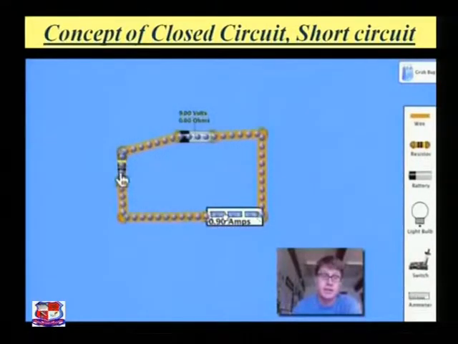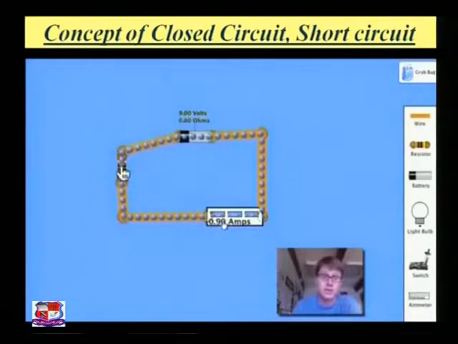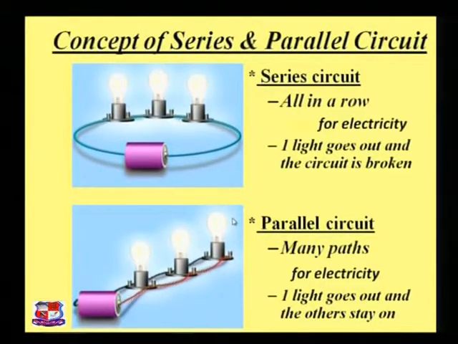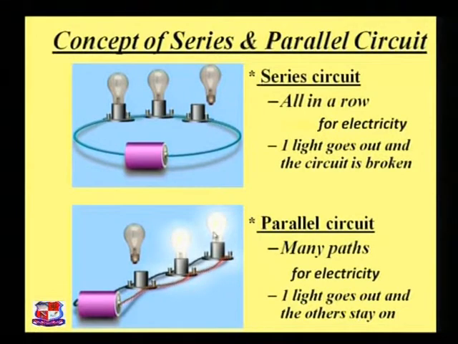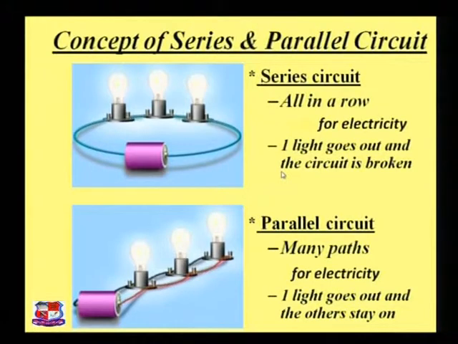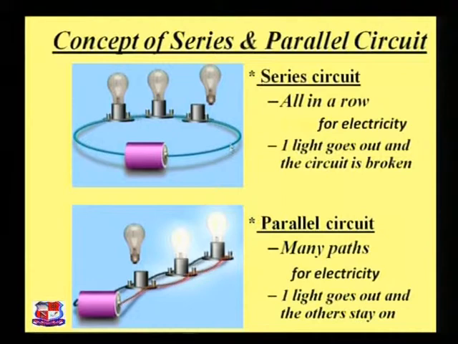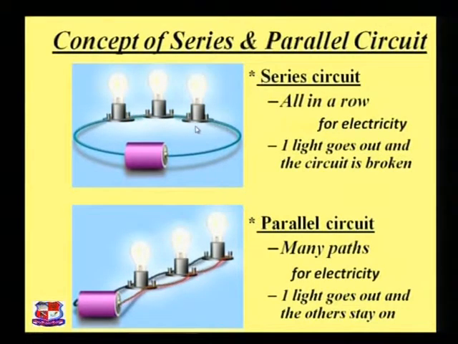This is the importance of resistance used in an electrical circuit. Now the series and the parallel circuit concepts. Here we can see that in the series circuit, all the components are connected in a series form. It's a row, all the components are in one row. So if any one of the bulbs is destroyed or not working, then the overall circuit will be stopped. See the figure above. Here one bulb will not be working, then the overall circuit will be stopped.